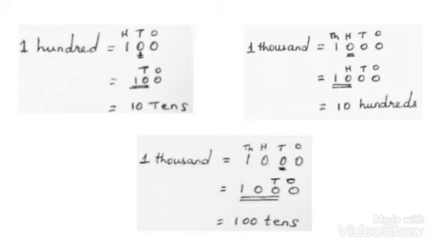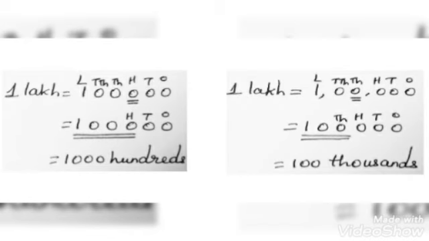Okay. And see how a lakh is expressed in hundreds. 1 lakh I have written. Ones, tens, hundreds, thousand, 10,000, lakh. What I want is to express it in hundreds. So write the places till hundreds, don't write till lakh. Okay, ones, tens, hundreds. I have stopped. Then for the remaining zeros, you put an underline. That full remaining value you should write as hundreds. Therefore, how many hundreds? 1000 hundreds.